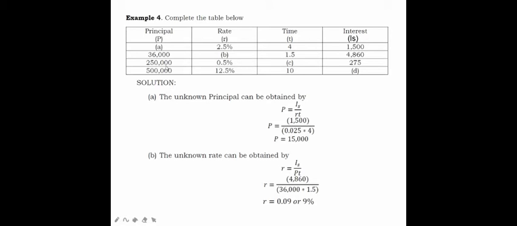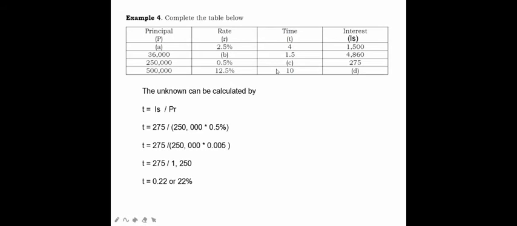Now let's move on to letter C. Now for letter C, that is in row 3, the unknown is the time. So this can be calculated by T is equivalent to the interest, which is I sub S, divided by P times the rate. So our interest is